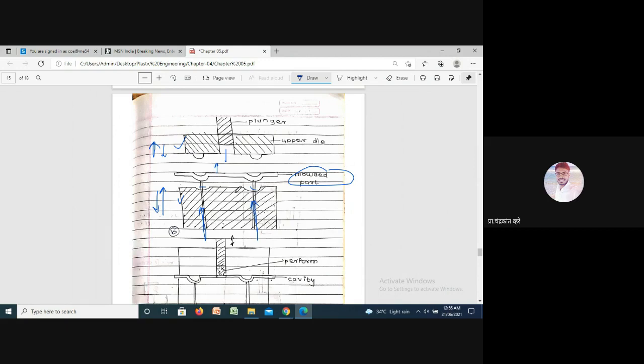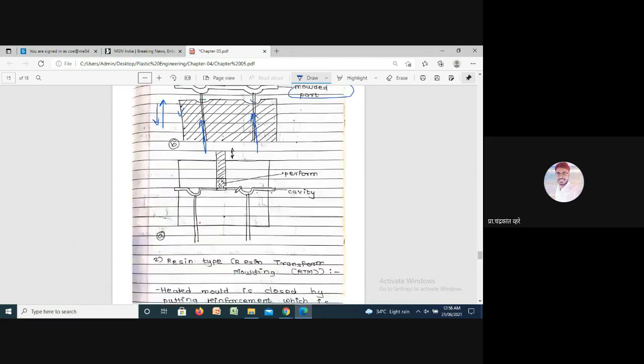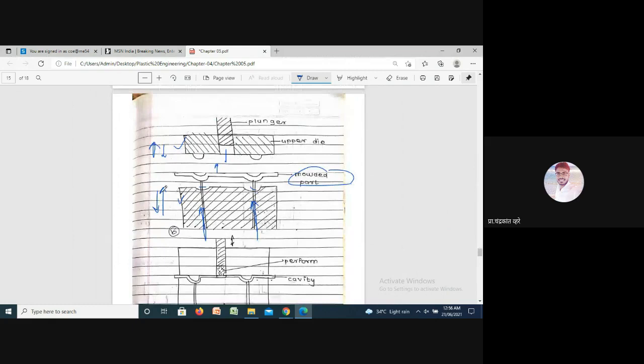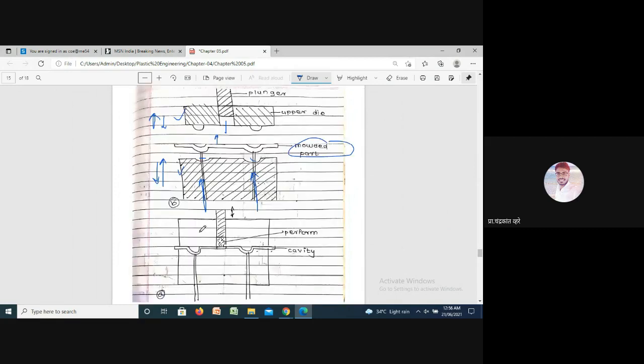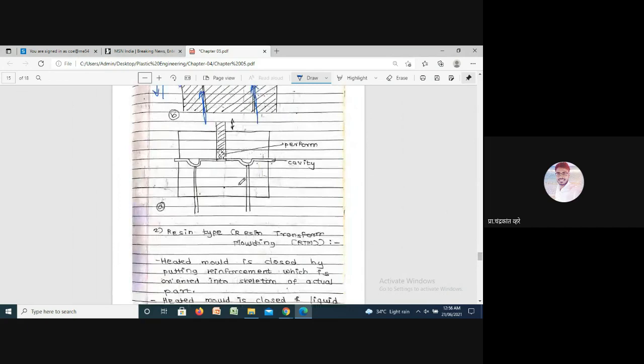This above view is the unfolded view, meaning without loading, and this is the folded view, showing how it actually works.